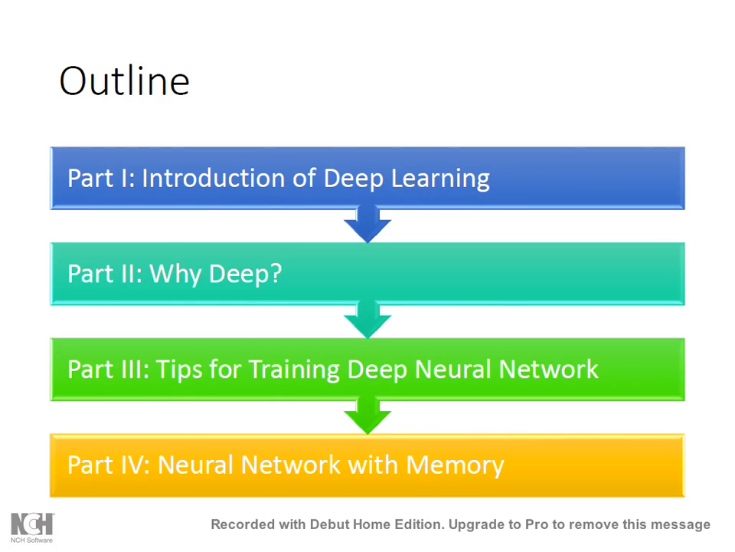I will introduce 4 parts. The first one is we introduce deep learning, and give some reasons why we use deep. Why not use a broader type? And then part 3 is some tips for training deep neural nets. And the following part is the neural net with memory, but I will not go too much into detail about